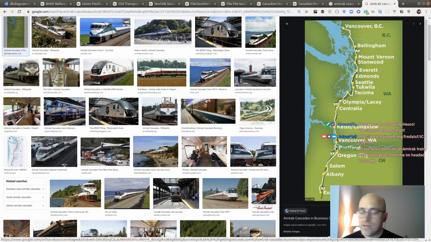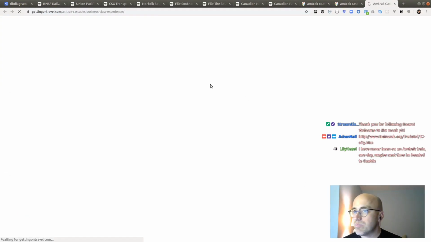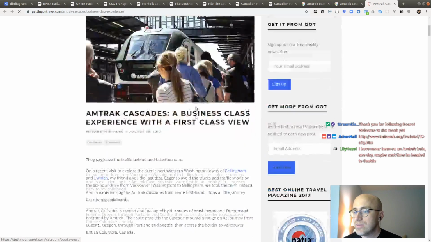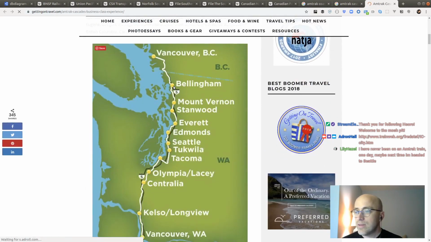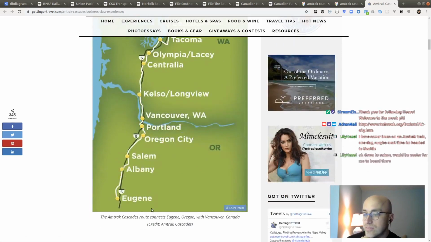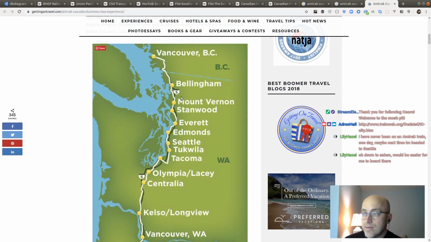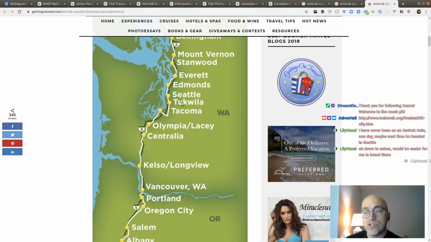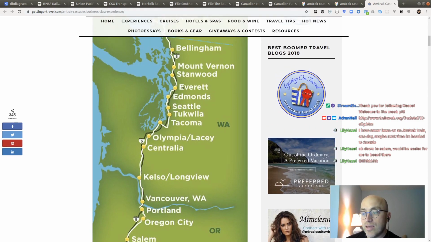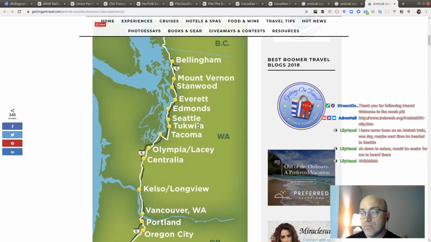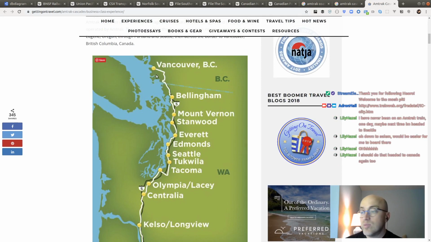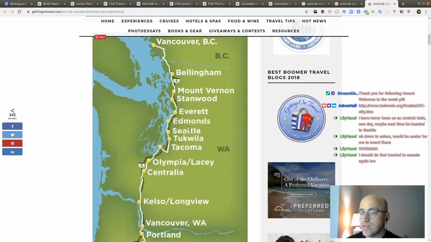Yes. So over here you can see, and let's actually bring that up on the page. Oh, there's one of the new engines. Yeah, so the Cascades actually goes from Eugene all the way up to Vancouver, BC. Now, the area where it's super useful is basically between Bellingham and Eugene. It's super beautiful going to Vancouver, but it takes a long time to get from Bellingham to Vancouver. But if you got the time, definitely take the train up there. It's worth it. Just the beautiful coastline and everything that it goes through, amazing.